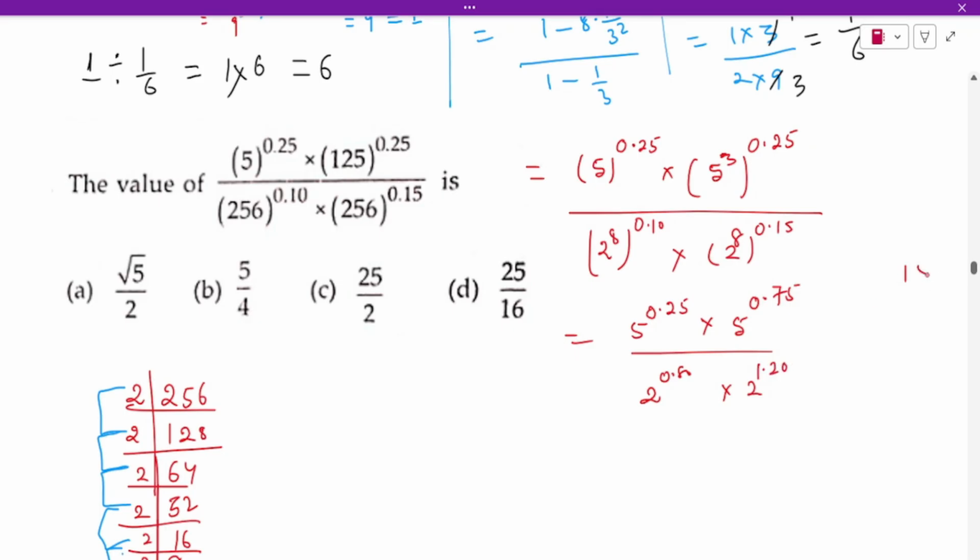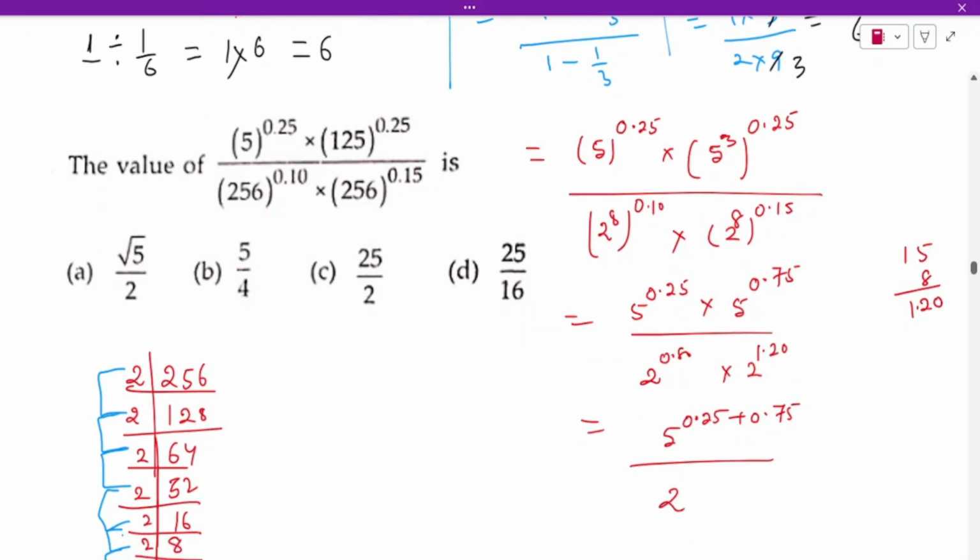1.20, because if we are multiplying 15 with 8, that is going to give us 120, and after that we have 2 digits after the decimal, so we just have to put the decimal after 2 digits, so that is equal to 1.20. Now in the numerator we have a common base, so the powers will be added, so 5 raised to the power 0.25 plus 0.75. The same way